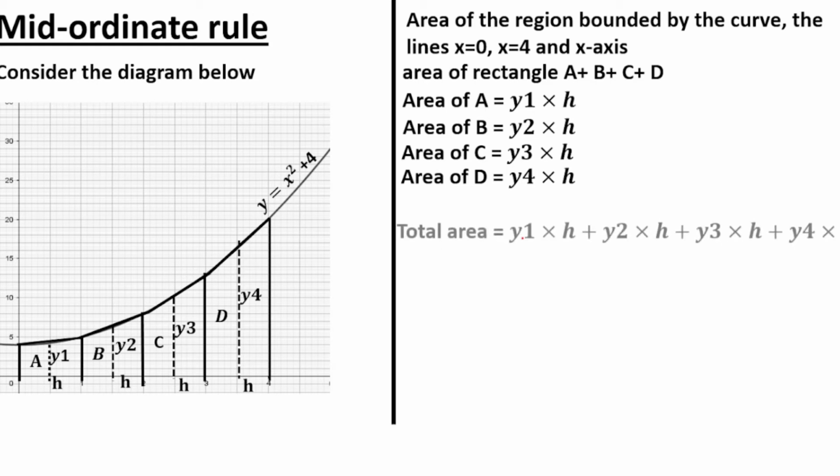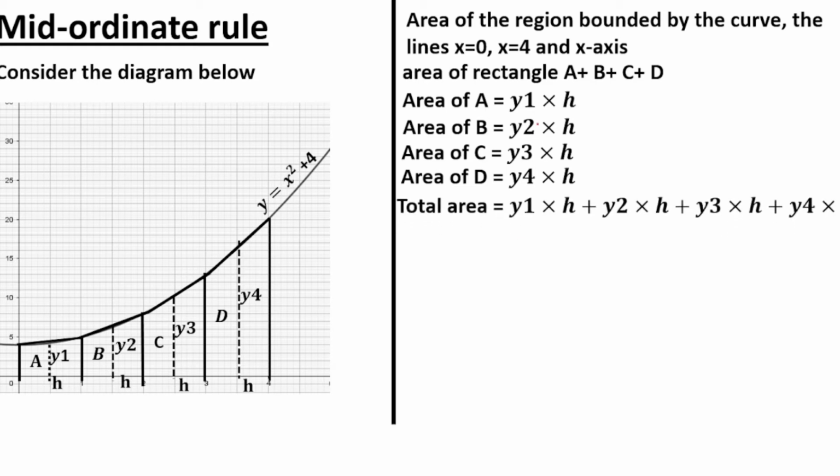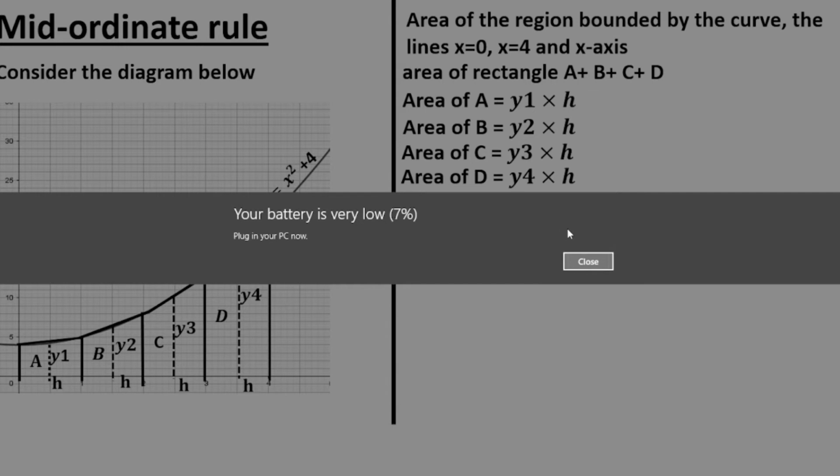Therefore, the total area will be equal to Y1 times H, that is the area of A, plus Y2 times H, that of B, Y3 times H, that is of C, and Y4 times H, that is the area of D. This will be the total area of this region bounded by the curve and the different lines given. Then since we have H as common, appearing in all our areas, we can factorize and put H outside, and therefore this will be written as